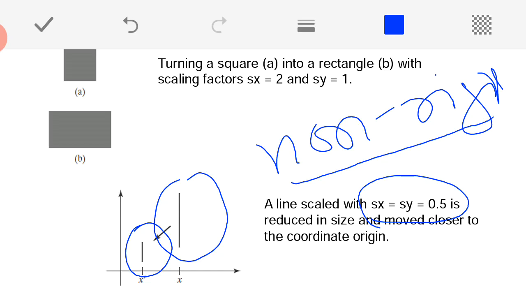So, these are the three basic types of transformation: translation, rotation and scaling. In the next class, we will convert these two dimensional transformations into the homogeneous coordinate, then we will discuss how it will be represented in 3 dimensional.